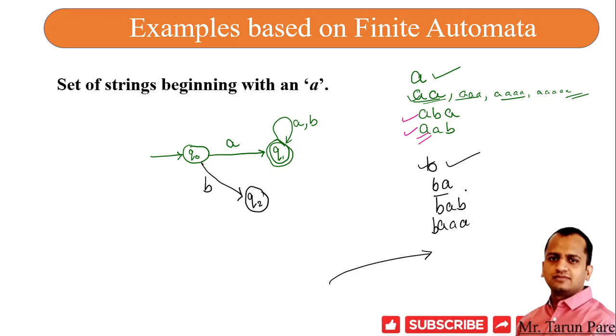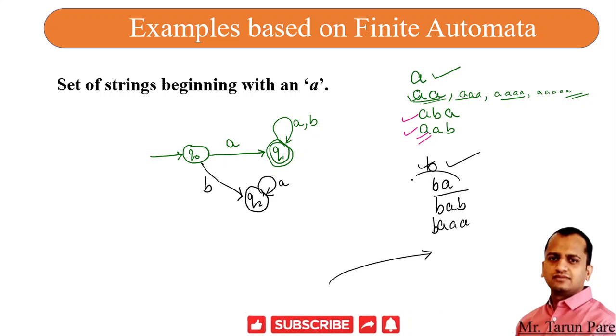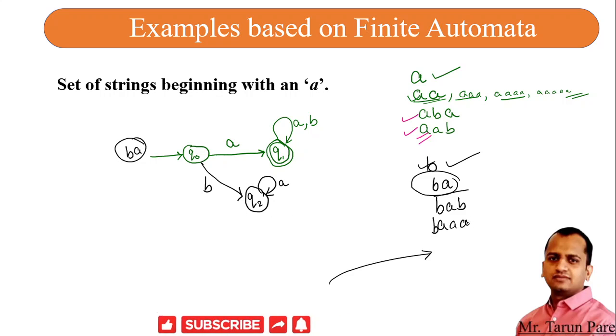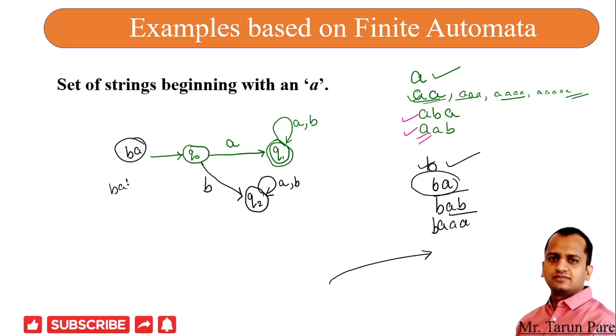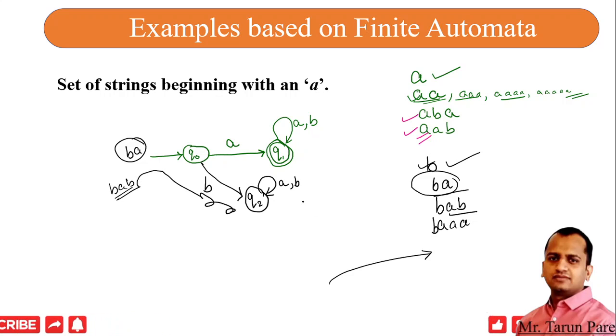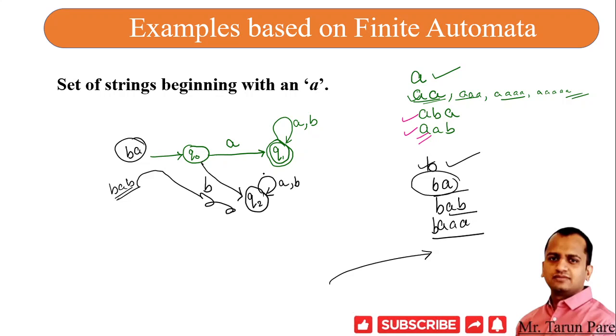Then what about if an A comes again? Then we will make a loop like this, so that whenever such input comes, it will reach the next state. What happens when B comes? We have made one B loop in parallel to that, so that whenever B is there, it will again reach a dead state. Okay, and what about B triple A? Once B reaches here, then triple A.